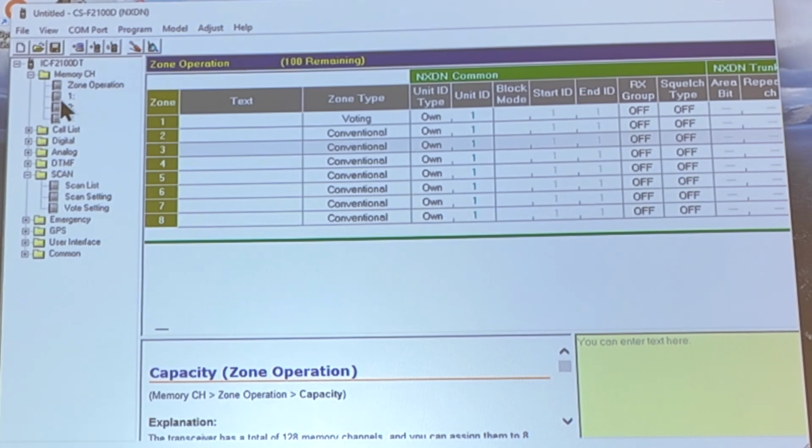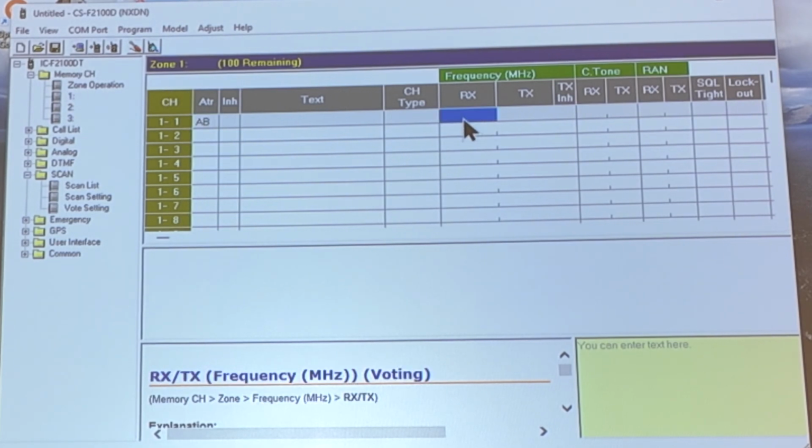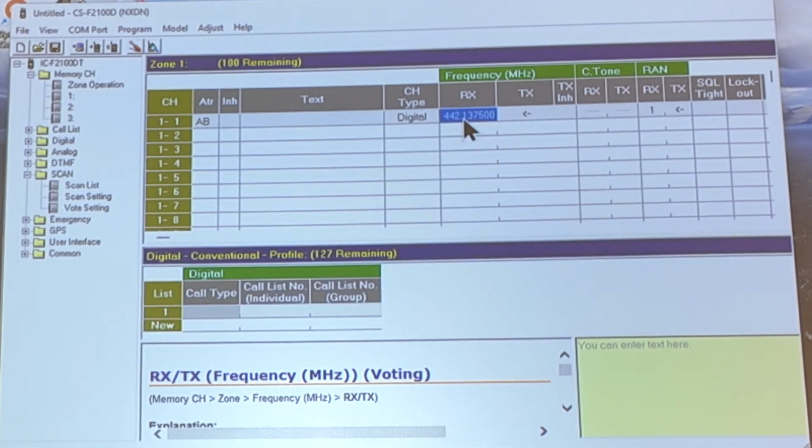All right. Now, when we look at a zone, those are your empty memory channel slots. And you can put in your receive frequency, and I'll tell you what, let's put one in here, 442.1375. Okay, here's your trivia quiz. What repeater is on 442.1375? Anybody? I'll give you a hint. It's the closest repeater to this location. Right, Bartow is